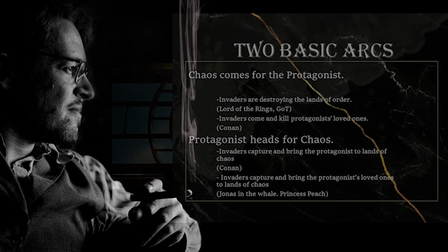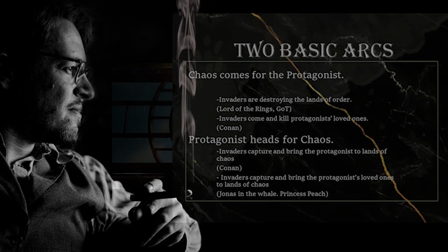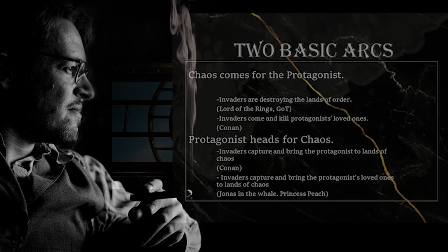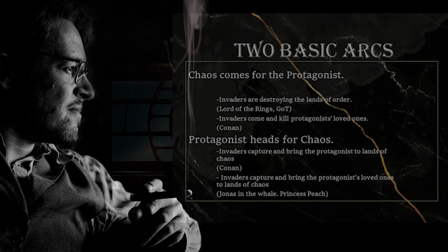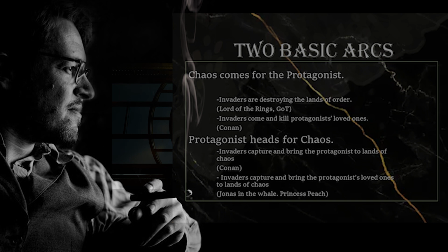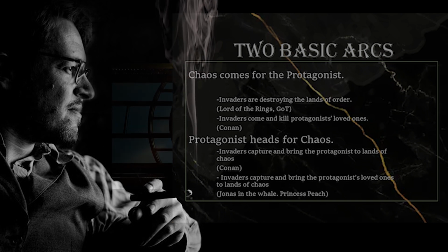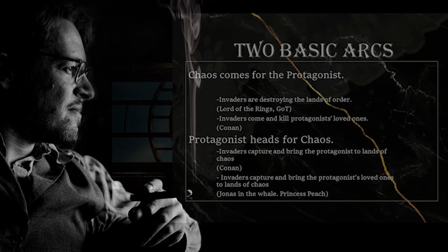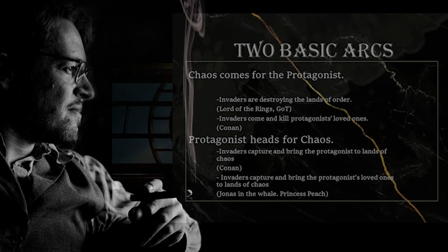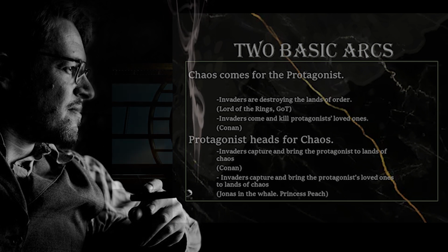And then we have that the protagonist heads for chaos. Now, the protagonist can go voluntarily, like Mario saving Princess Peach. Mario goes into the castle of Bowser to save the princess. We've got Jonah and the Whale, which is our typical version of that story. But then we also have the variations where the bad guys come, they take the family and the main character away into the lands of chaos, like what happens to Conan. You know, he is a kid, he gets captured by raiders who sell him as a slave, and there he becomes like this very strong man who can push this wheel all by himself. And that's kind of the start of him becoming a hero when he finally rebels against his owners.